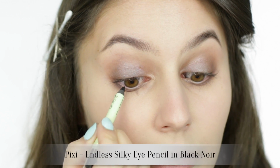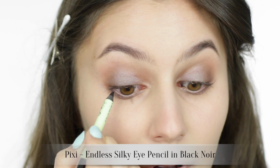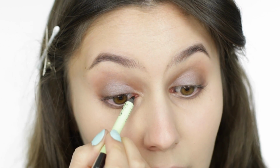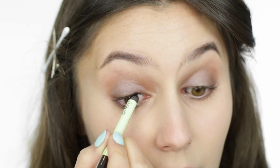Powering through, next I'm going to take a long-lasting eye pencil. I'm using black, but you can use grey or brown or whatever colour you like. With this, I'm going to tight line the upper lashes. This is a great way of intensifying a look without it looking as though you're wearing a lot of eyeliner. So it's kind of invisible eyeliner, I like to